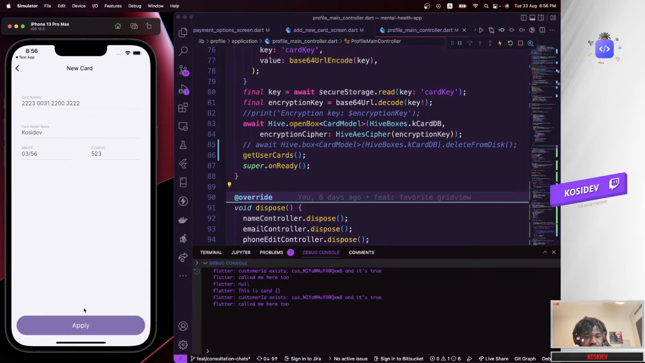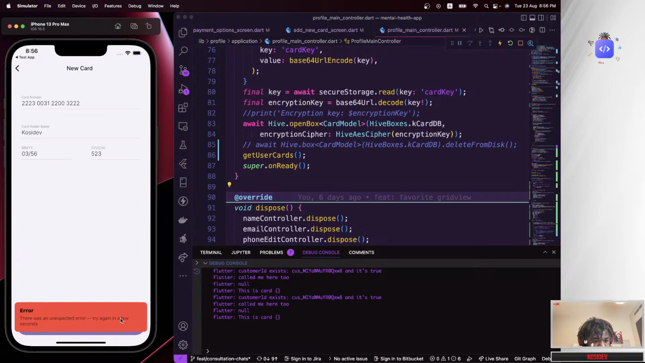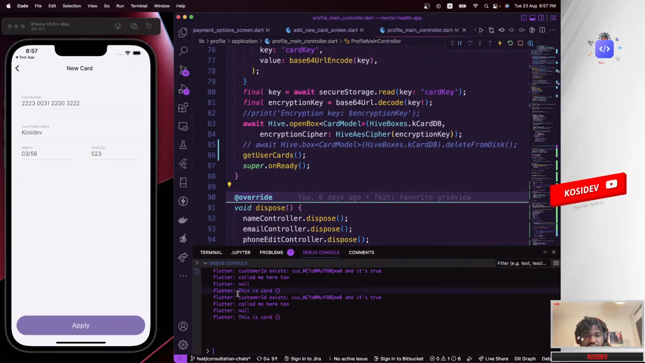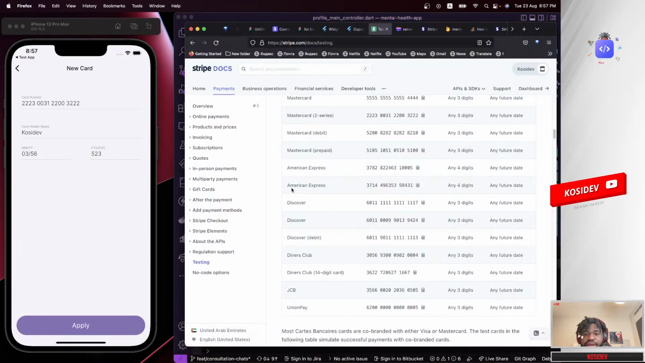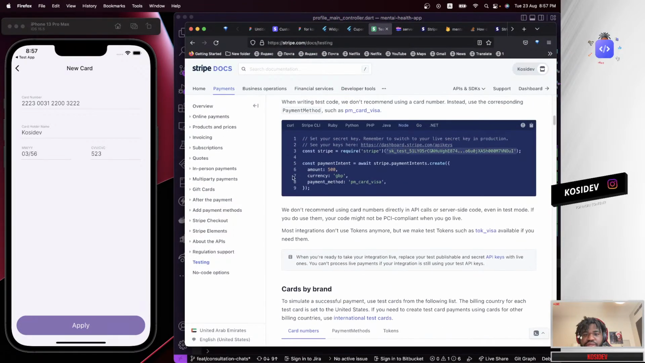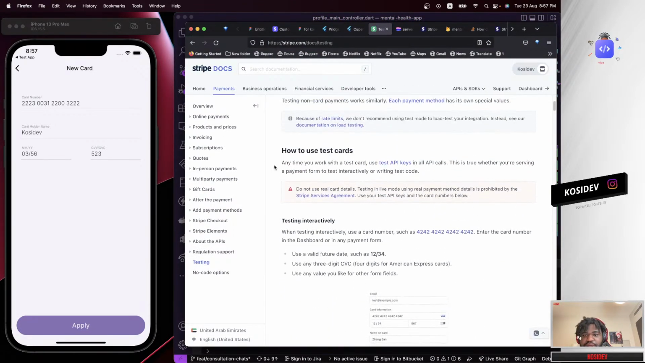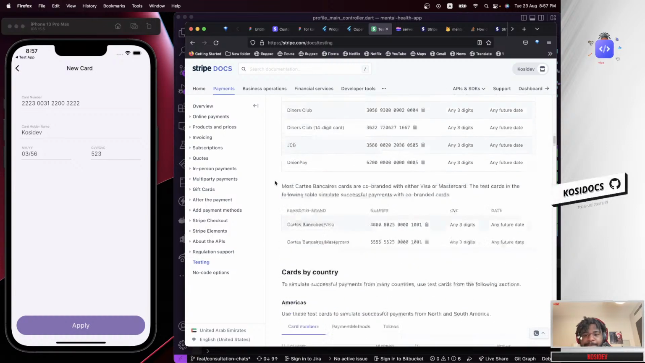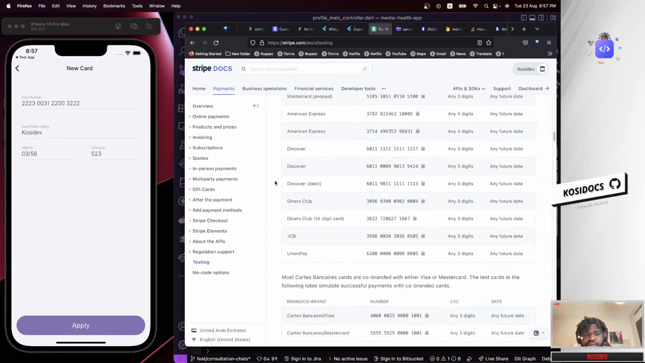So we got an issue. Let's try again a few seconds later. Okay, looks like the back end is not allowing us to actually add a card at this moment. Okay,